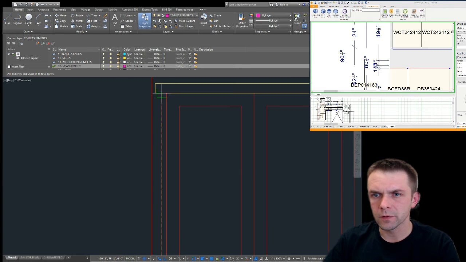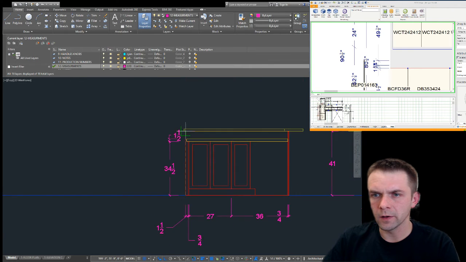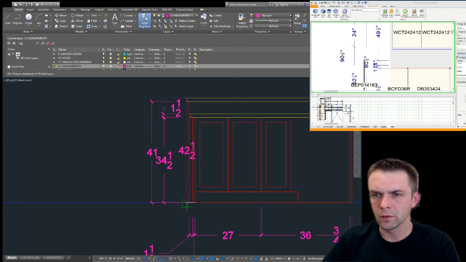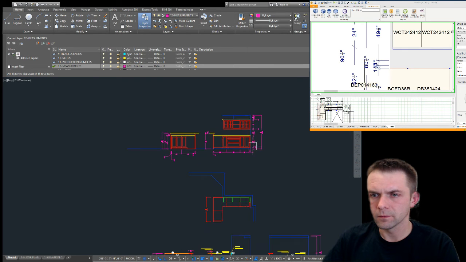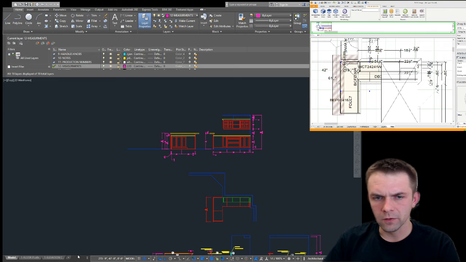Put some measurements. 34.5, inch and a half. Panel is 41, and then total is 42.5. And now, how do we do a production drawing? Production drawing is very easily done. So I almost didn't use a lot of information. Well, I copied all the information, and now we can just